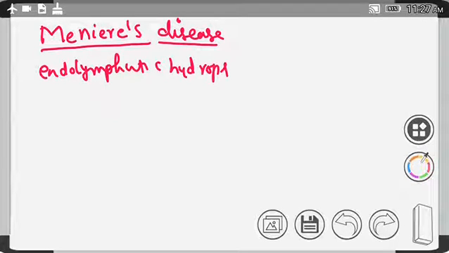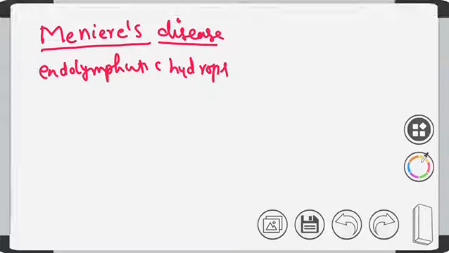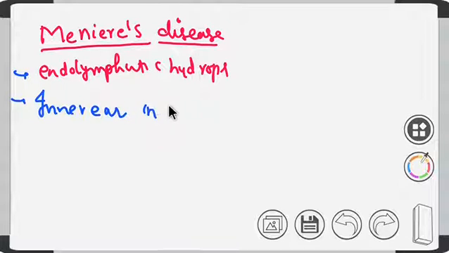Let us discuss Meniere's disease. Meniere's disease is also called endolymphatic hydrops. Let's see what this Meniere's disease is. Meniere's disease is a disorder of the inner ear. It is a disorder of the inner ear in which the endolymphatic system